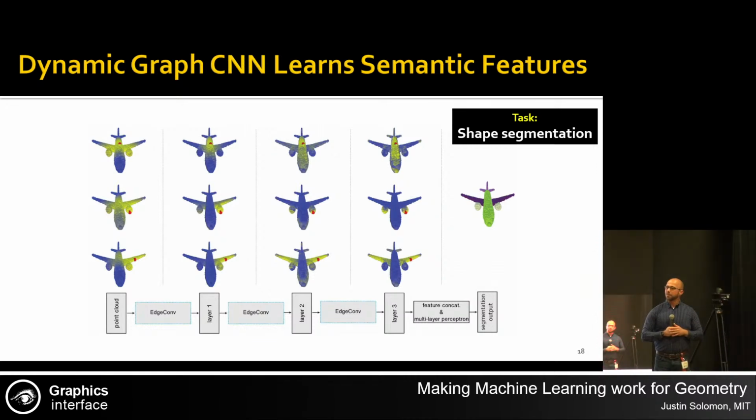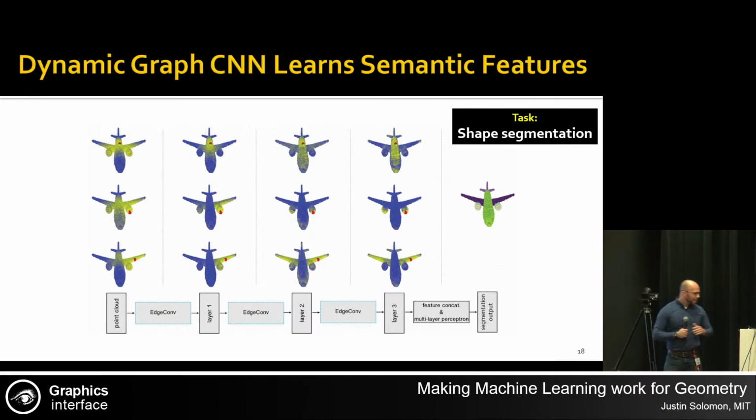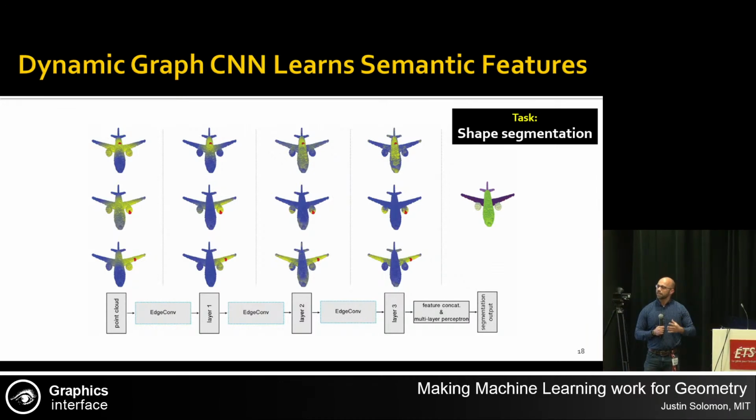So this is work from a couple years ago, and since then it became, at this point, the standard baseline that everybody builds on for their own point cloud machine learning problem. I think that's a really great sign that this was somehow a nice fundamental idea. And indeed, we've built on it in many different ways to tackle different problems in learning and geometry.